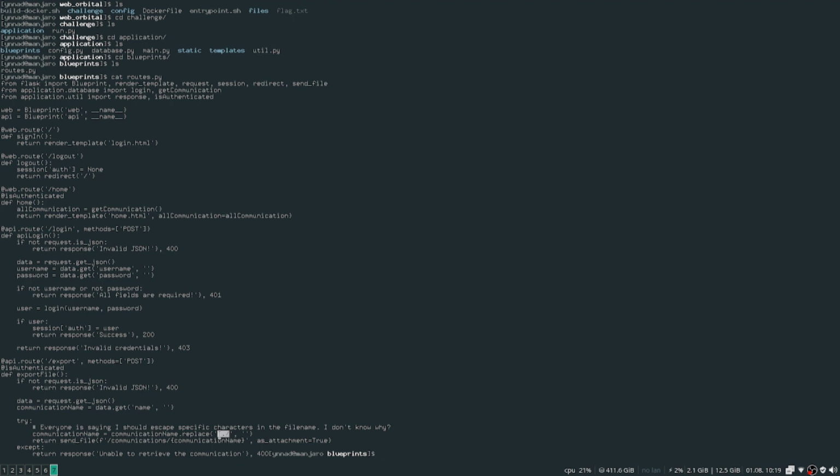So we're going to have to find a way to bypass this once we successfully log in, because right here in the API routes, to use export you need to be authenticated, and the only way to be authenticated is to log in. And let's just